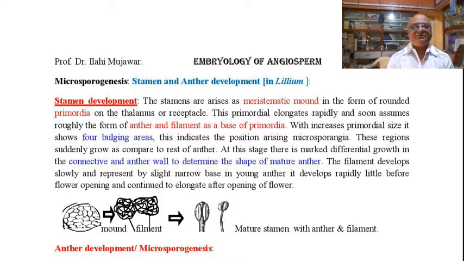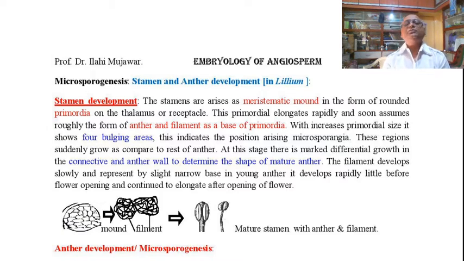So all of the BSc second year students have to know that the second chapter in the embryology of angiosperm paper is microsporogenesis. What does it include? It includes how the morphological stamen is present, how the structure is present, and how the stamen has to be developed. Then the anther has to be developed, and what is the end result to produce in the embryogeny.